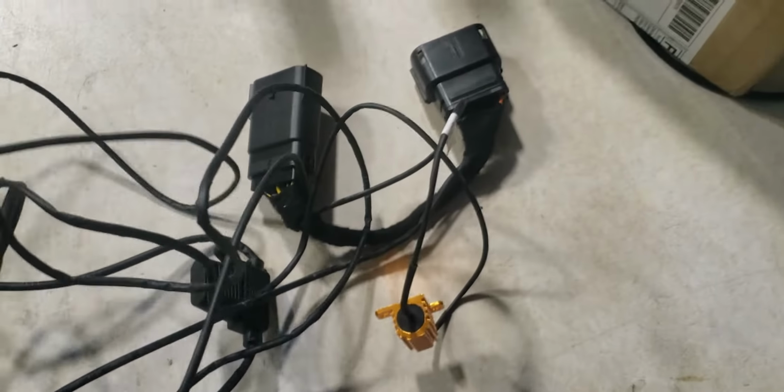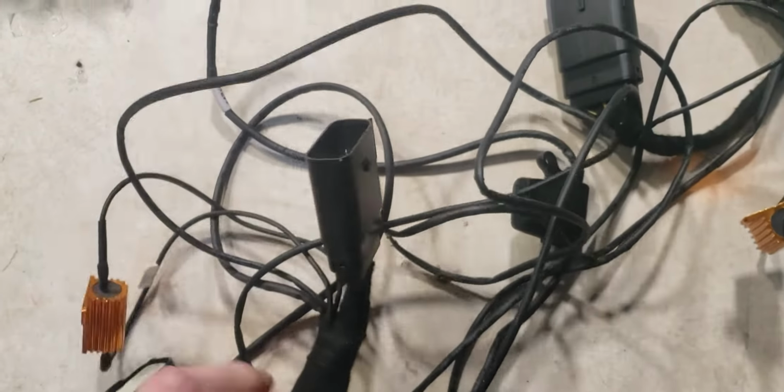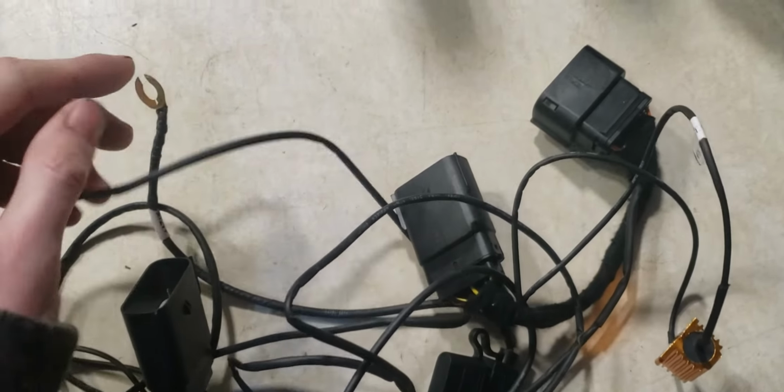It does have a relay built into it here. It has your little turn signal resistors. It does have your inline fuse. It does have a power